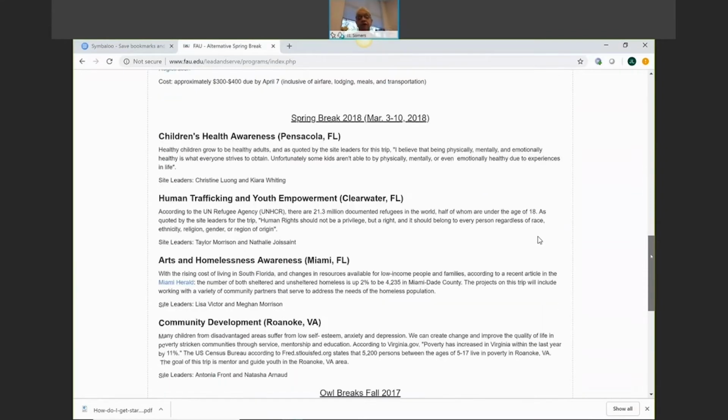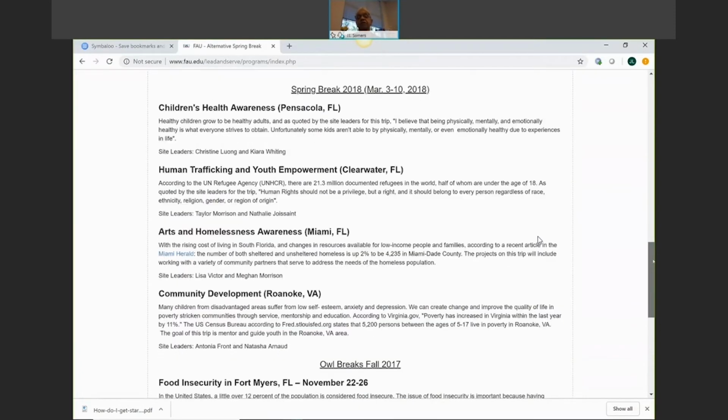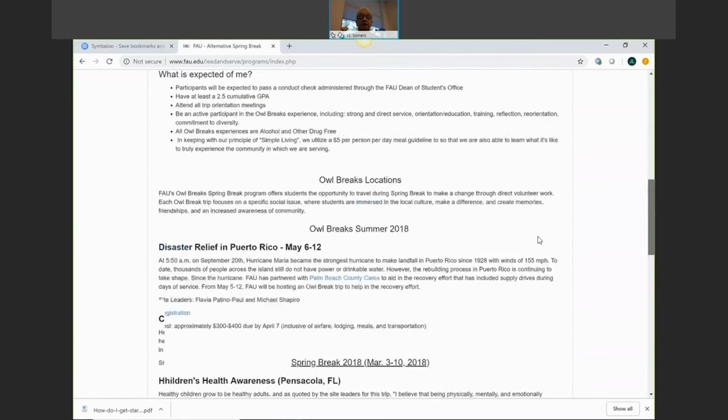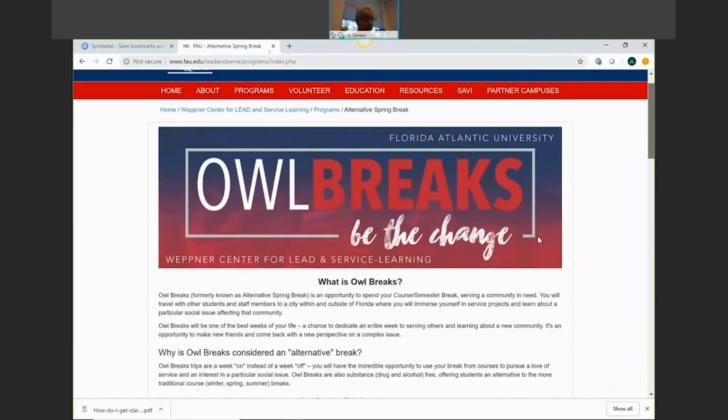Look at this list of opportunities that the students have to take their time and serve within the community. It's considered an alternative break. They're referring to it as a week on instead of a week off, to use the break to focus on social issues. And I've got a list in here of, in one of them, that will give you some of the social issues, a myriad of social issues that students have the opportunity to work with and serve. So Outbreaks is one of the